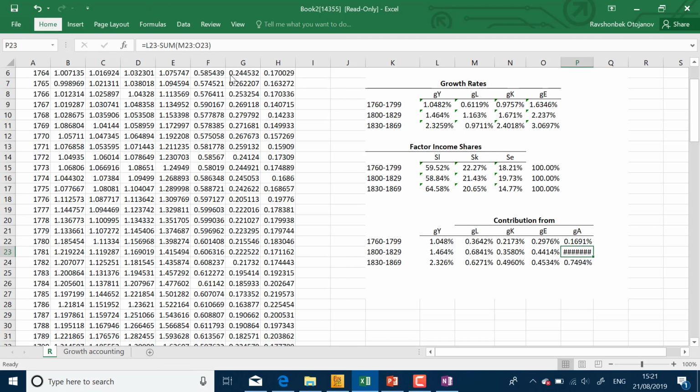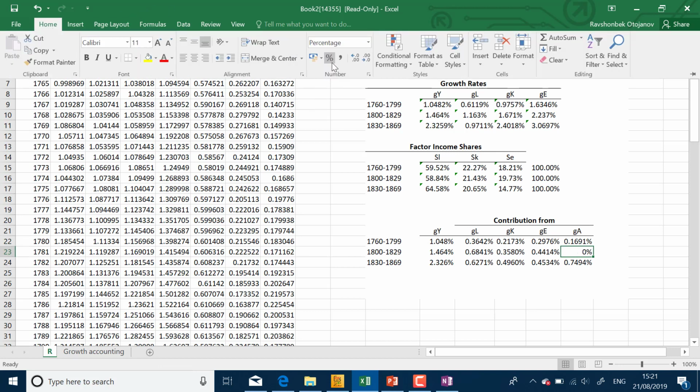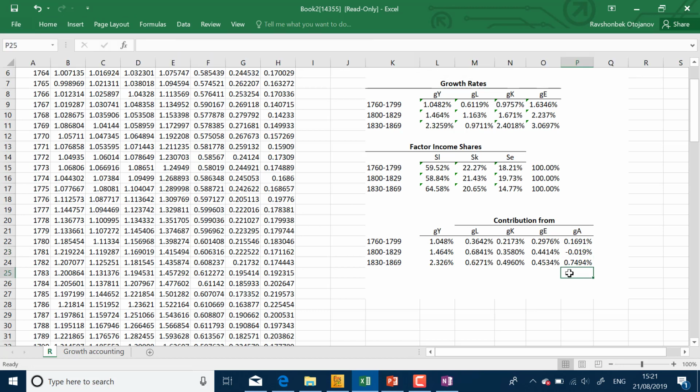What went wrong? Right, percentage, yes, and right, negative. Okay, that's fine. Now it looks like in all periods, what's happening here is that the growth of GDP we observed is basically increasing,